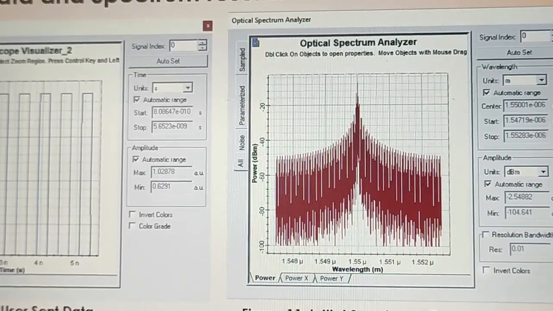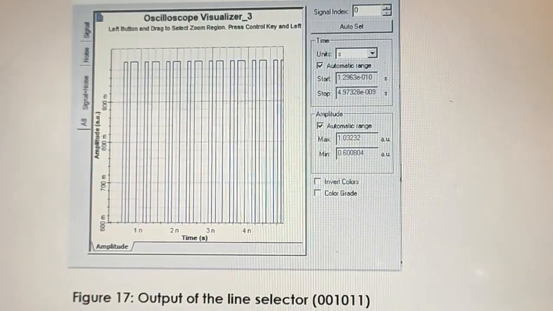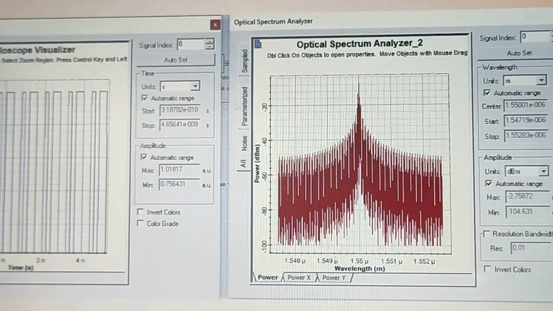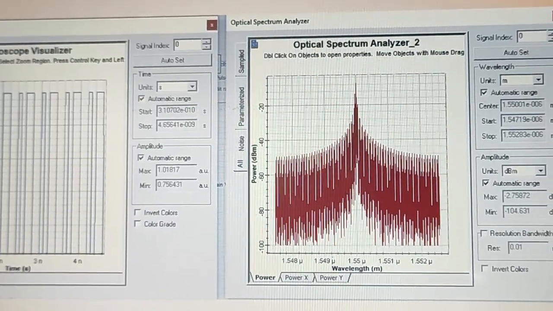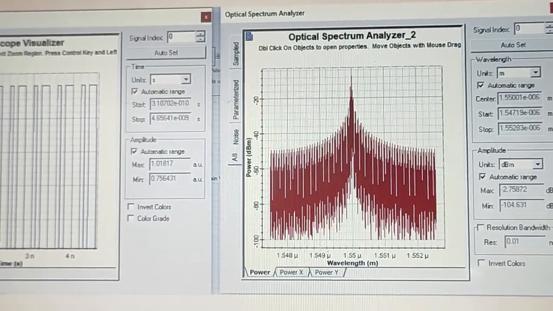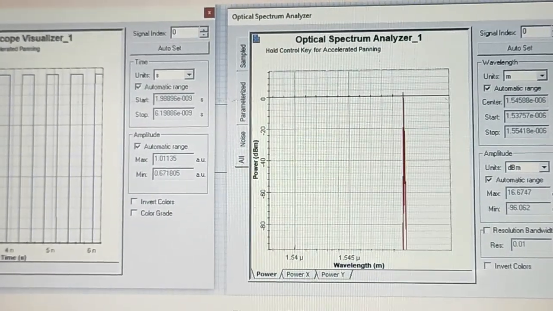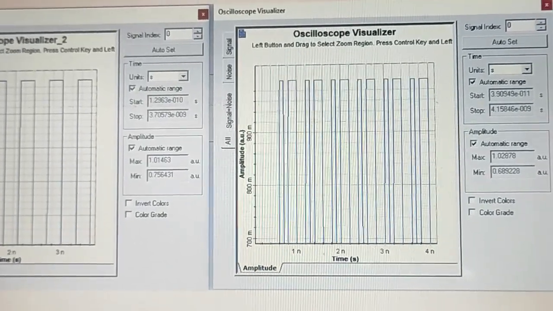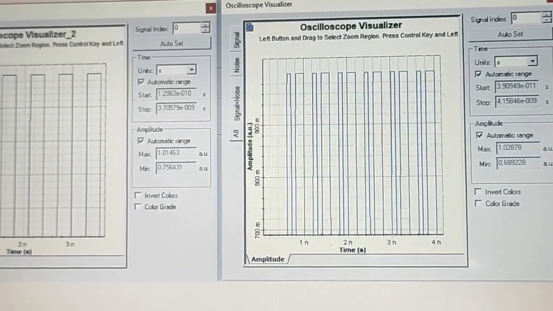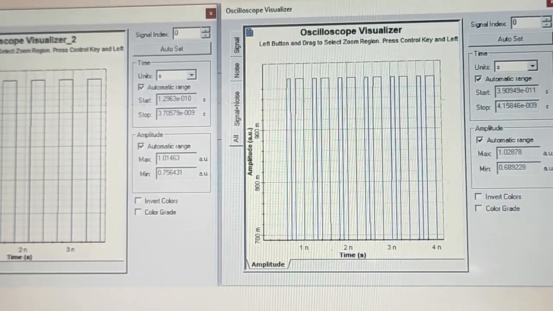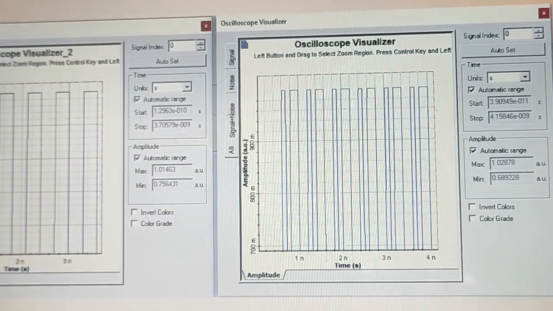Here the data and spectrum results of an input, and this is the output of the line selector, which is passed through the data, and this is the data output and the spectrum output, which will be passed through the optical fiber. And this is the comparison of input and output. That is, the left side diagram is the input and right side diagram is the data transmitted through the optical